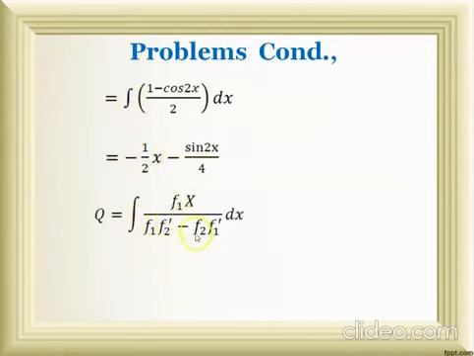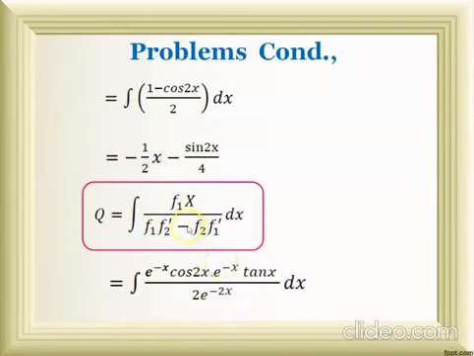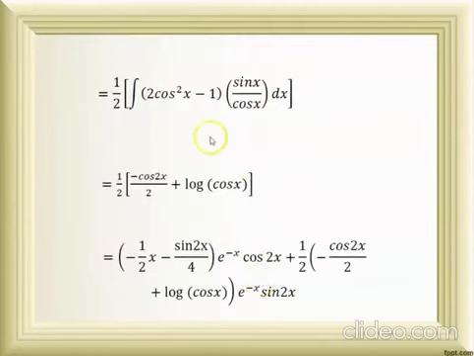So the Q formula is here. I am replacing all those values into this Q formula. Here also the numerator and denominator exponential terms get cancelled. Cos 2x into tan x. The cos 2x formula is 2 into cos square x minus 1. Tan x expansion is sin by cos. I am multiplying these two terms. I will get 2 times cos square x into sin by cos. One cos gets cancelled. 2 into cos x into sin x, that is sin 2x obviously.